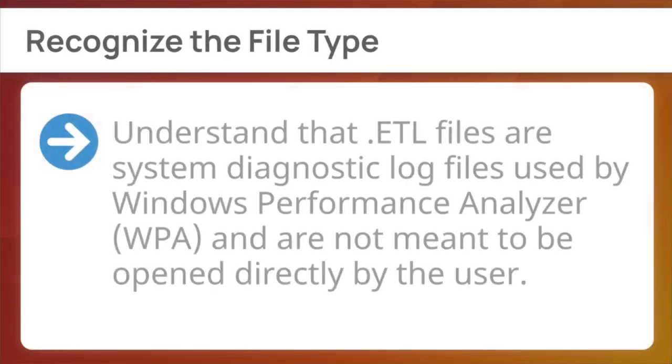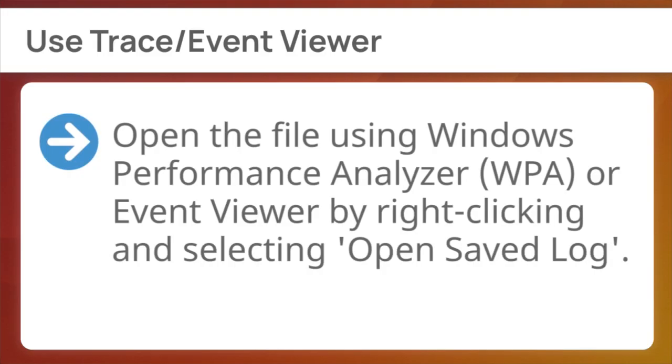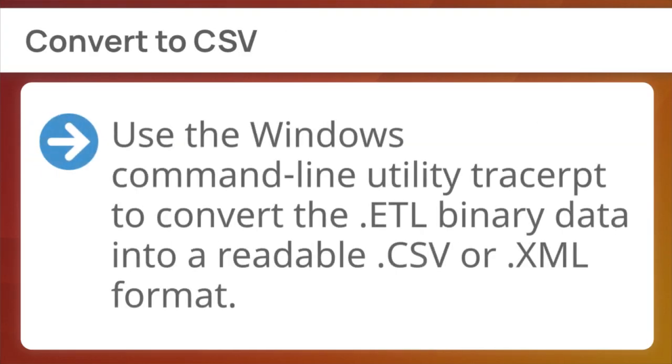First, recognize the file type. Understand that .etl files are system diagnostic log files used by Windows Performance Analyzer, WPA, and are not meant to be opened directly by the user. Next, use Trace Event Viewer. Open the file using Windows Performance Analyzer, WPA, or Event Viewer by right-clicking and selecting Open Saved Log. Finally, convert to CSV. Use the Windows command line utility tracer to convert the ETL binary data into a readable